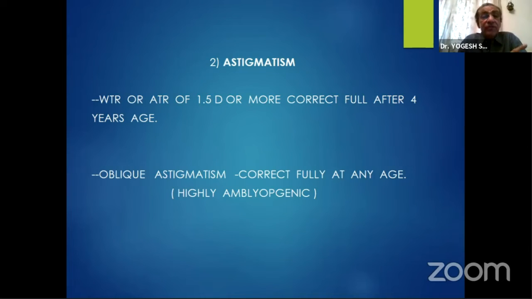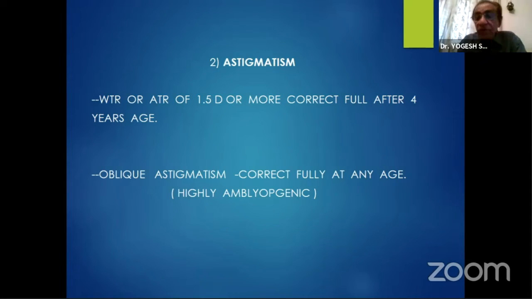Now, astigmatism. With the rule astigmatism or against the rule astigmatism of 1.5 diopters or more should be corrected after 4 years. It means by 4 years this should disappear. Any type of astigmatism should disappear by 4 years of life. If this does not disappear, then you have to fully correct it. Oblique astigmatism, correct fully at any age,